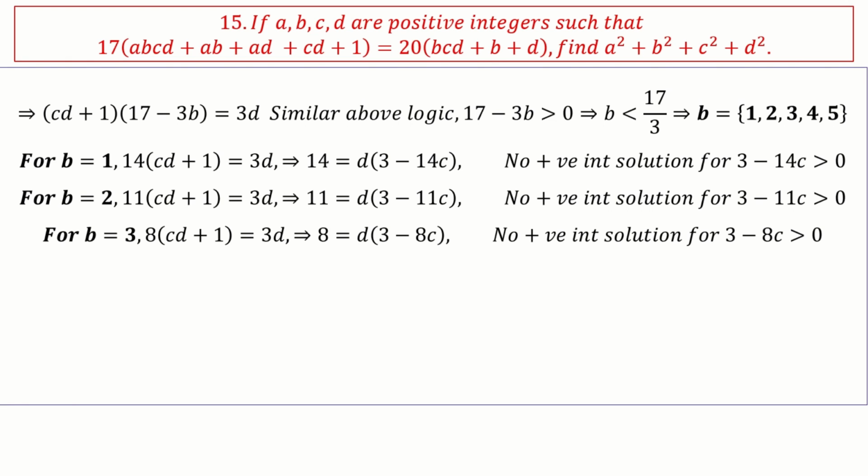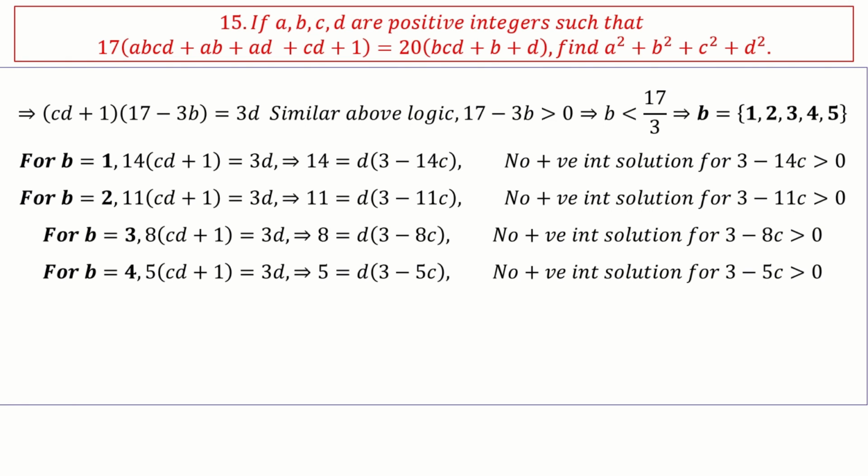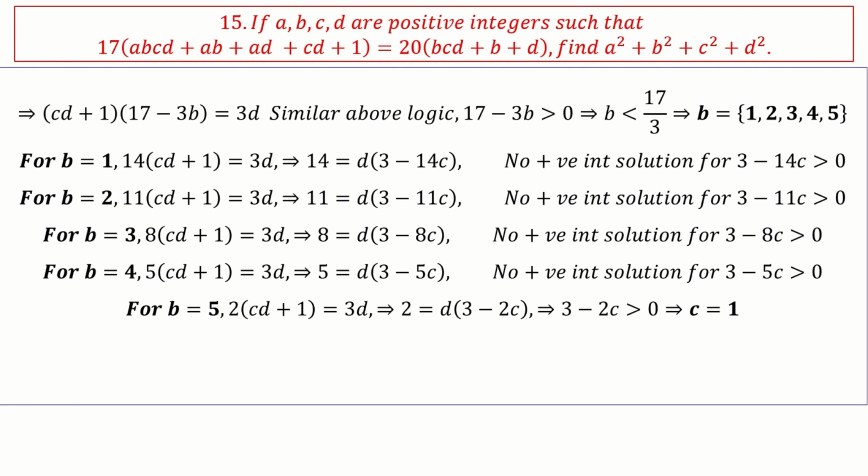B equal to 3, similar logic, no solution. B equal to 4, similar logic, no solution. Only with one value, that is B equal to 5, you get a solution. In this case, 2 times CD plus 1 equal to 3D, which means 2 equal to D times